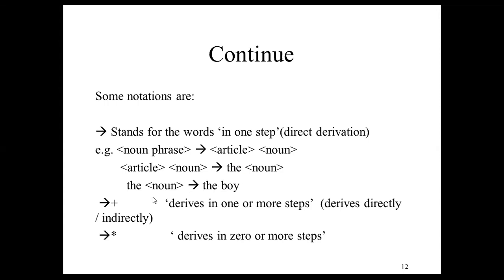Again, come to this line. Article here, again "the", means I am just repeating this, the noun. So the noun is coming to the left side. Again, I am using a single arrow, which means what is done next in one step. Just writing again the noun, and for noun I am writing boy.